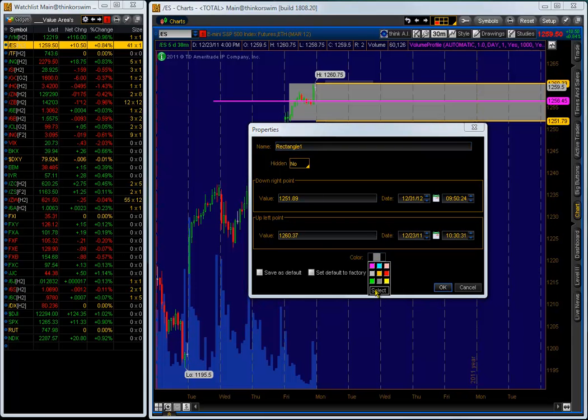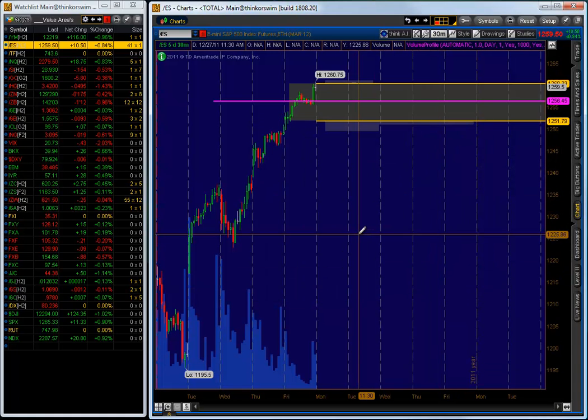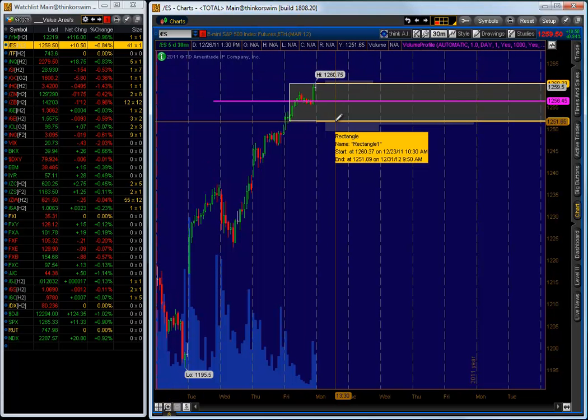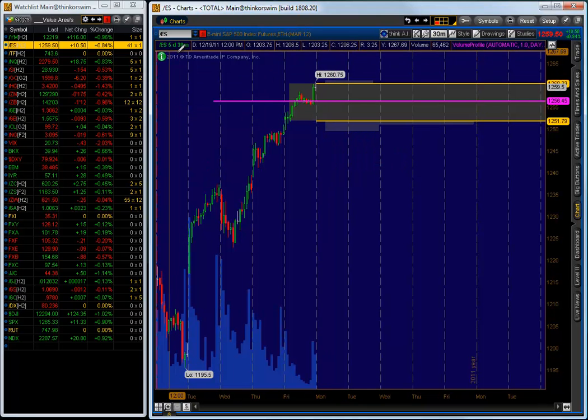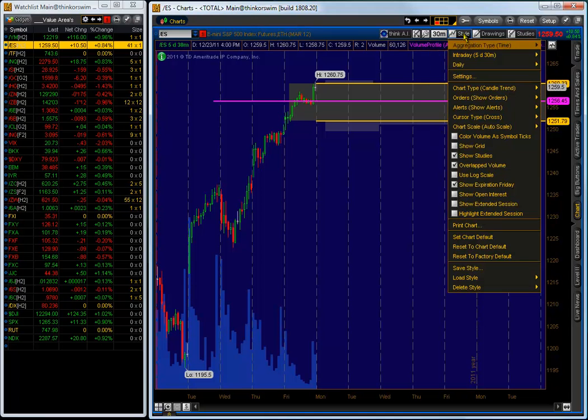I generally pick a slightly darker color, charcoal gray, and that's what it would look like. Okay. Now, like I said, you need to stay consistent. The profile study that ThinkorSwim does calculates it differently depending on what your duration and your candle period is set at. Example, if I change this to a 5-day,